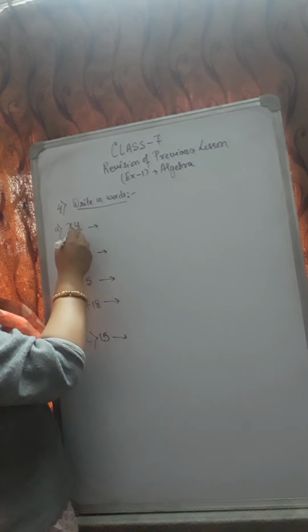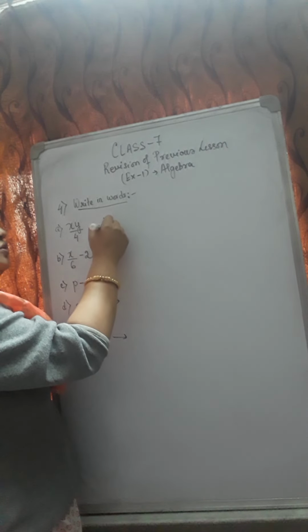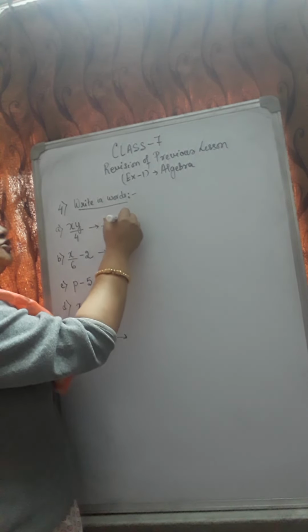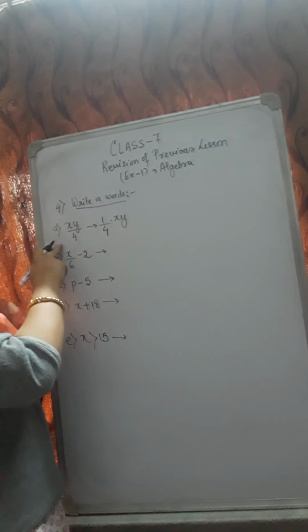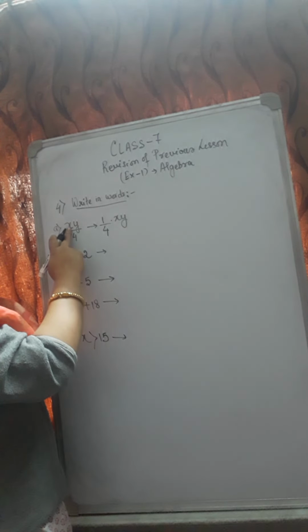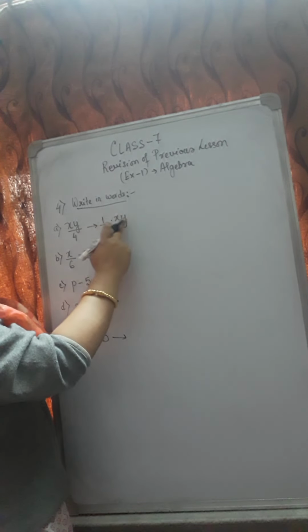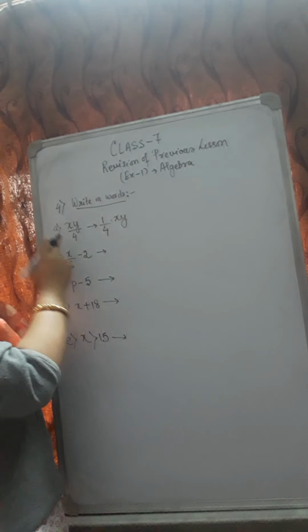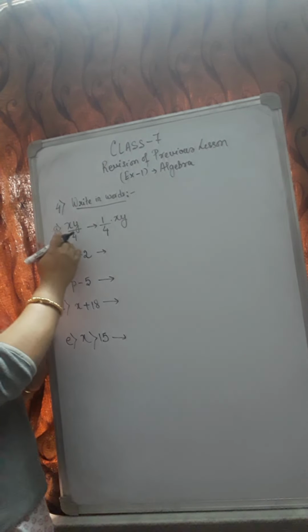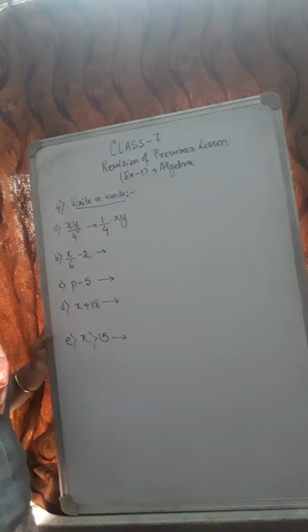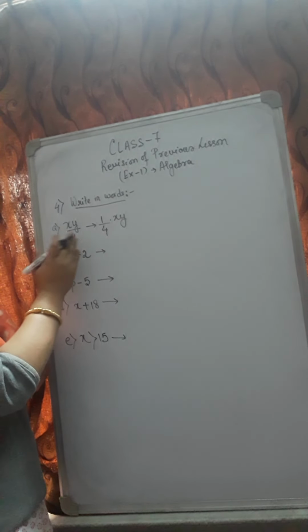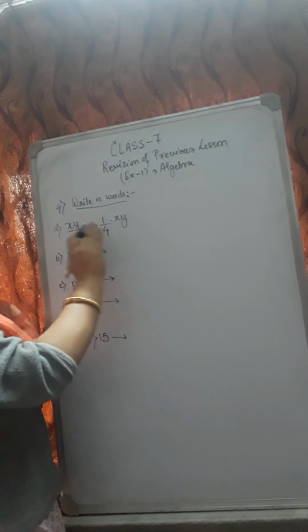And over here what is written down? 4. So can I write it like this? 1 by 4 into xy. Because when I solve this, I get this value. 1 into xy gives you xy, and down you have 4. So 1 into xy is xy by 4. So I am just breaking it and writing in a simplified form, removing the fraction part on one side and writing the algebra letters on the other side, xy.